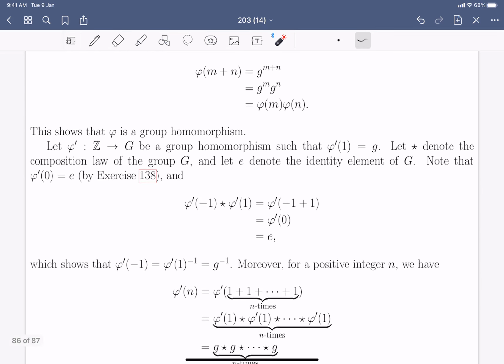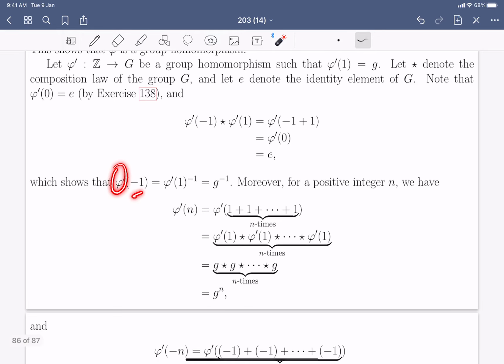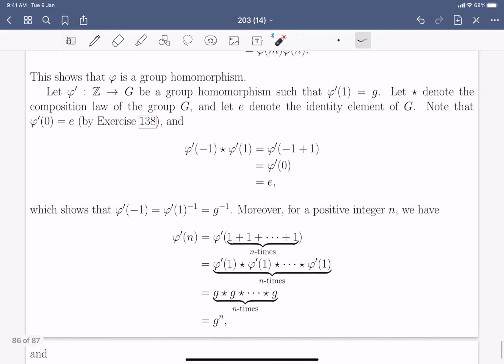So we denote the composition law of G by this symbol star. Because you're going to do certain computations, it's better to explicitly denote the composition law of the group G. So note that phi prime applied to 1 composed with phi prime applied to -1 composed with phi prime applied to 1 gives you the identity element of the group G. And that already shows that phi prime of -1 has to be the inverse of phi prime of 1. Well, that is always the case,